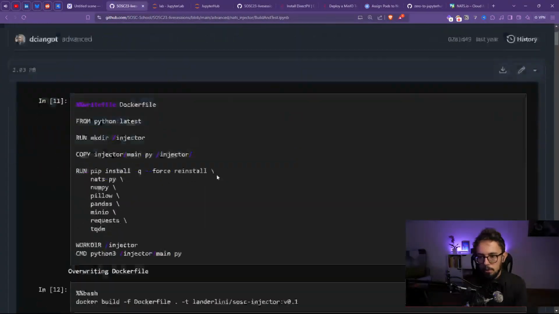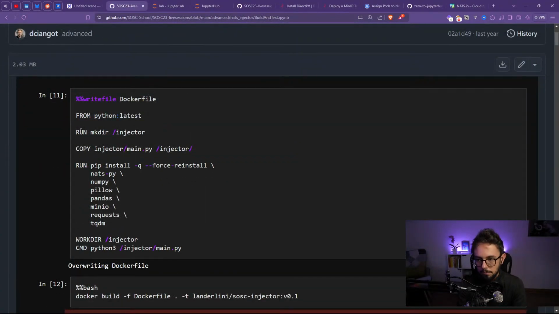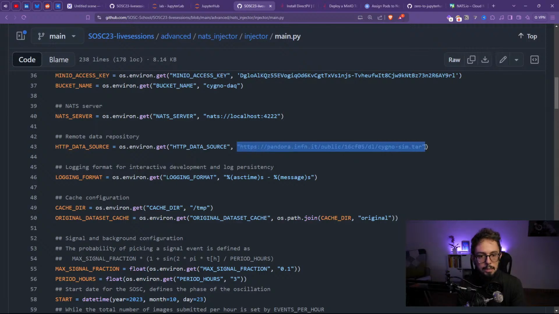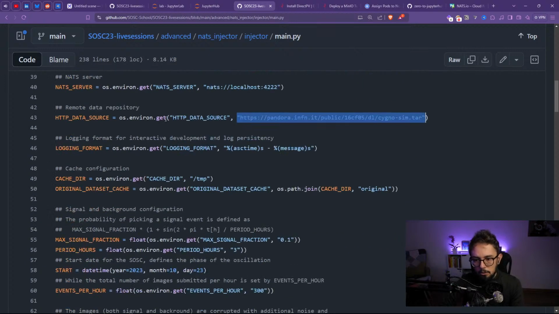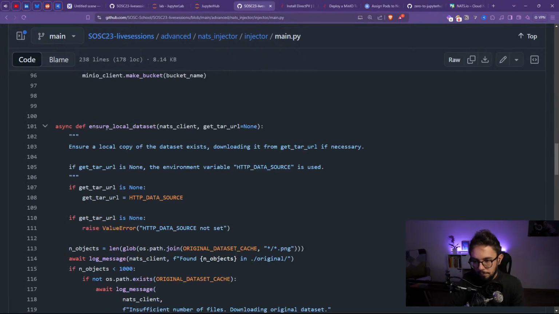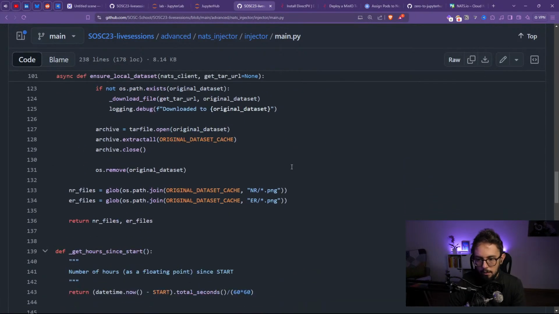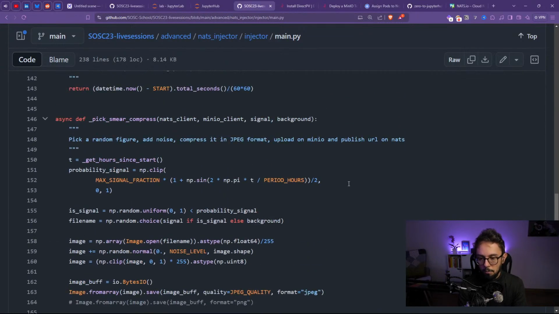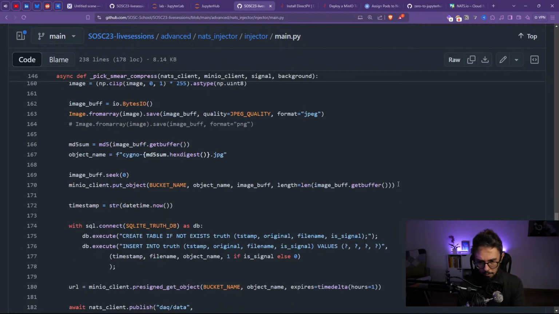So you see, we start from the Jupyter Live image that we have, and then we insert the injector script, that is the one responsible to take the original data from the cloud external storage, connect to the min.io, launch the NATS server, and then ensure that there are actually data locally, and then smear and compress the images,